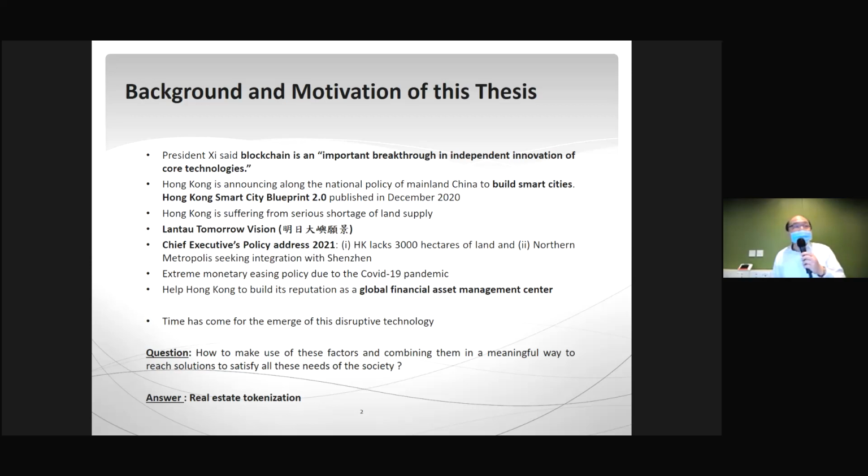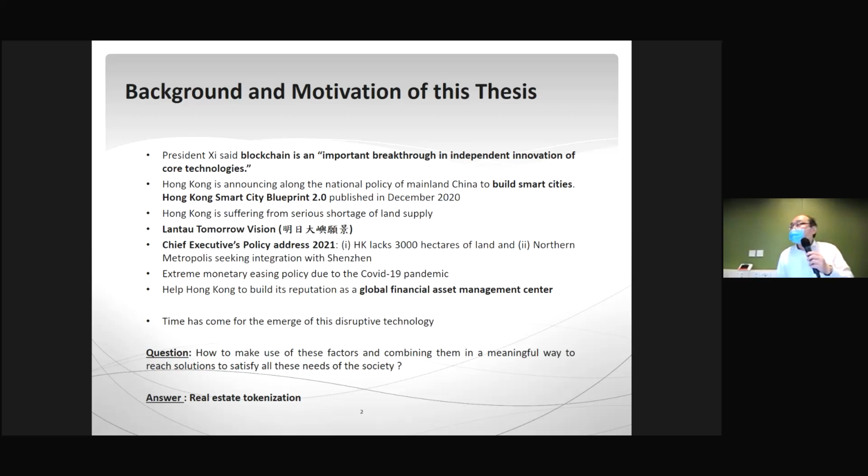And Hong Kong is going to build its reputation as a global financial asset management center. And blockchain technology has now come to a breakthrough. So my question is, how can we integrate all these factors and combine them in a meaningful way, to find a solution to satisfy all the needs of society? I thought about this problem for half a year, and I came up with the idea of real estate